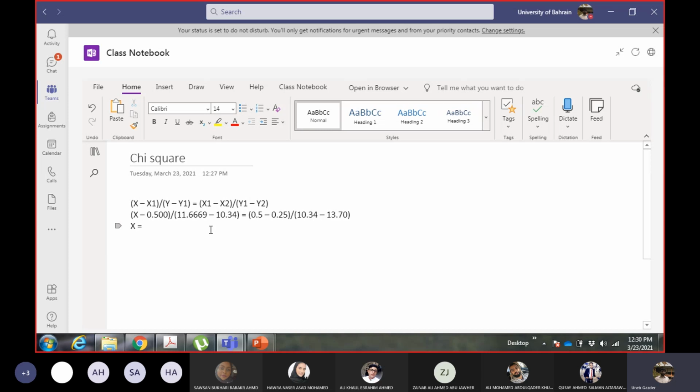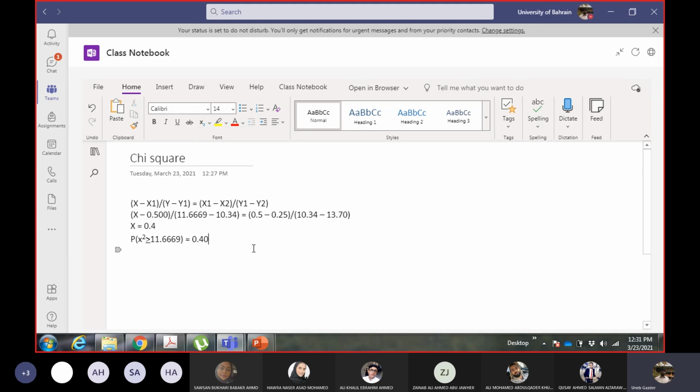How much is the X value? 0.4. 0.4. Okay. Now, what is the rule here? First of all, let me write down the probability in the correct notation. So you know how to write out the notation for probability of chi-square. So you write it like this. This is how you write down the probability for chi-square value.